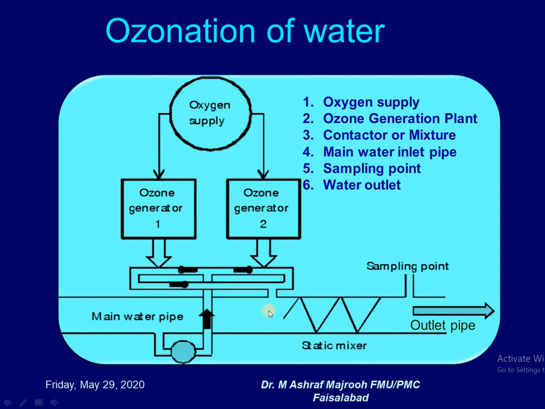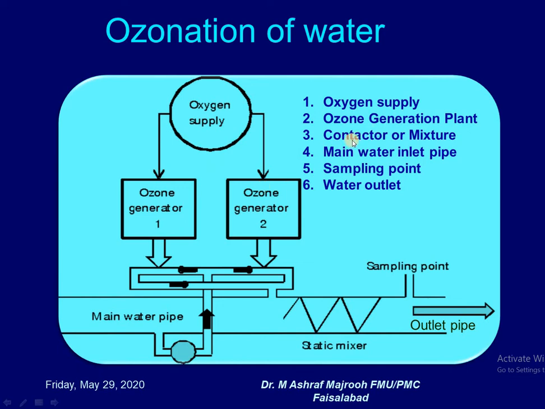After the contact there is a sampling point from where the effectiveness of ozonation is tested, and then there is the outlet. So the main components of ozonation of water are the oxygen supply, the ozone generation plant as you see here,